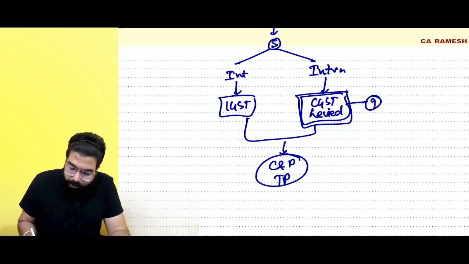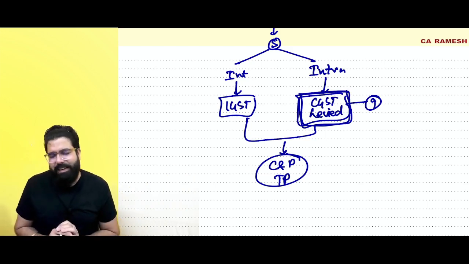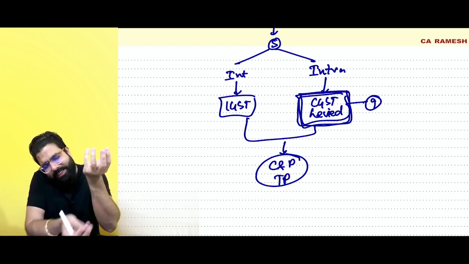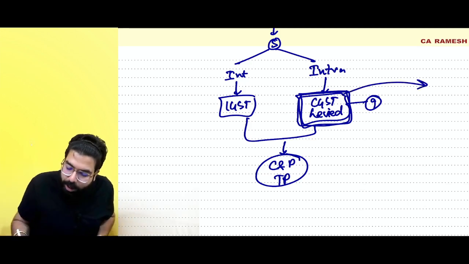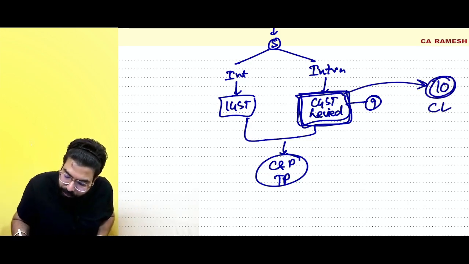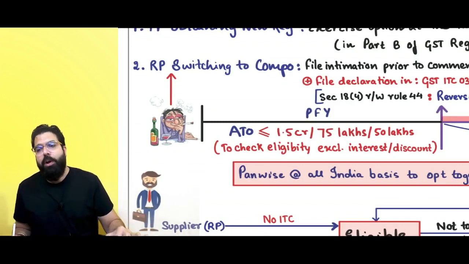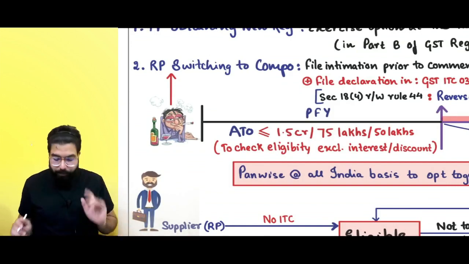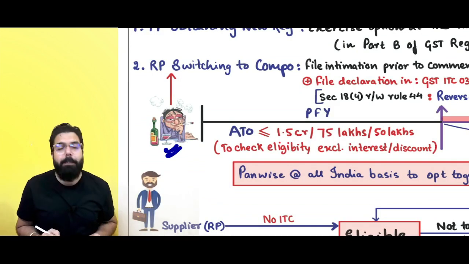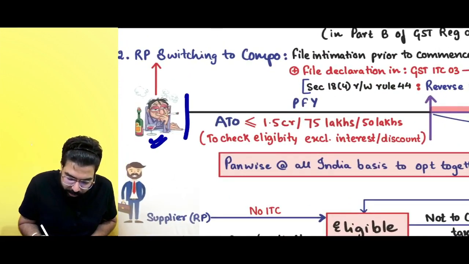Everyone over here. So people went ahead and asked the government, sir, we don't want to collect GST. We don't want to calculate GST, set off GST and pay. Give us a simpler scheme. So government went ahead and told, under section number 10, I will give you composition levy. I will give it for those people whose turnover in the preceding financial year was up to 1.5 crore or 75 lakh.